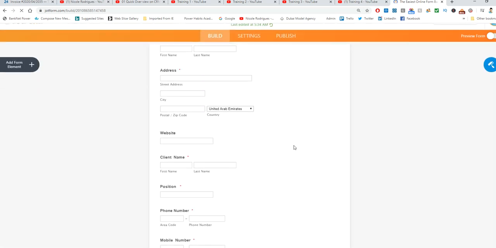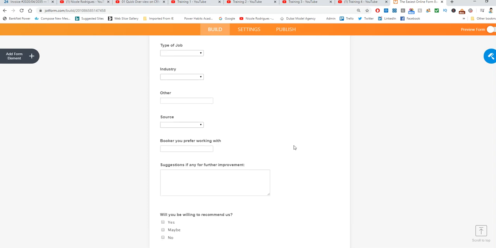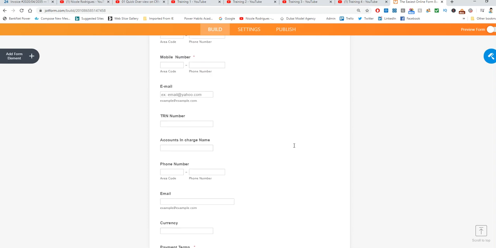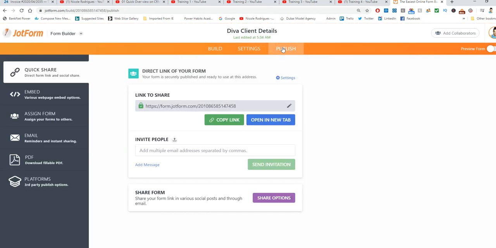If there are any amendments you prefer in this, please bring it to my attention, and I'm happy to add that for you. For the different suppliers you need, we can always have a drop down box or whatever. And if you want to amend it, we can always amend it, and you publish it, so it's there.